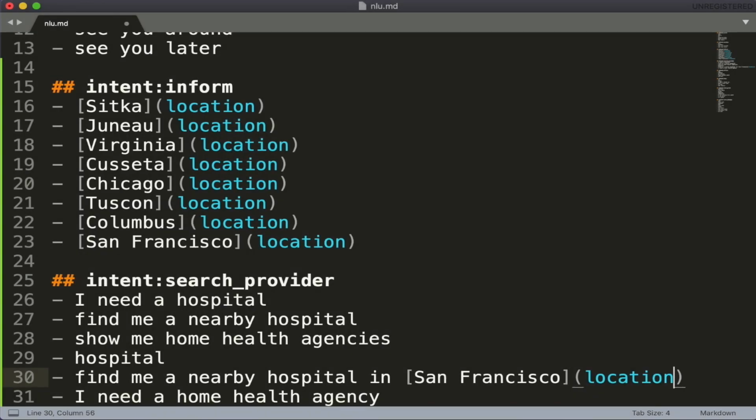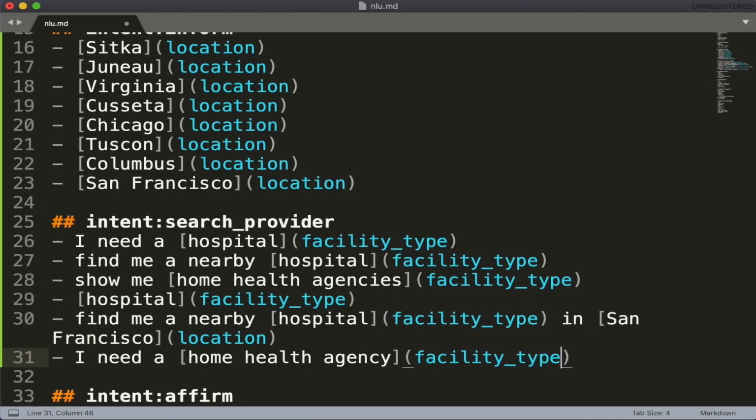You can see that our examples have another useful detail, a facility type. An assistant should know what specific facility the user wants to find, therefore it would make sense to extract it as an entity too. Let's label the facility types as well. If you would like your assistant to understand other inputs, you will have to repeat the same process. Define the intents, provide some examples of how the users may say that specific thing, and label the entities.